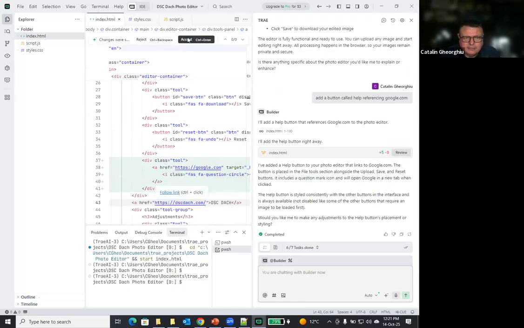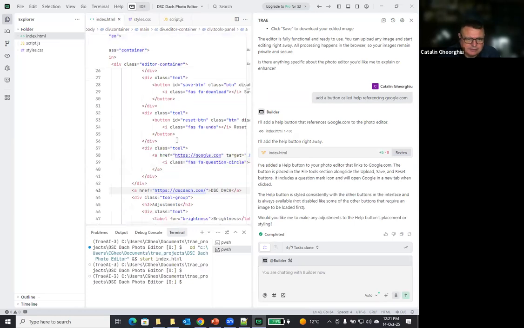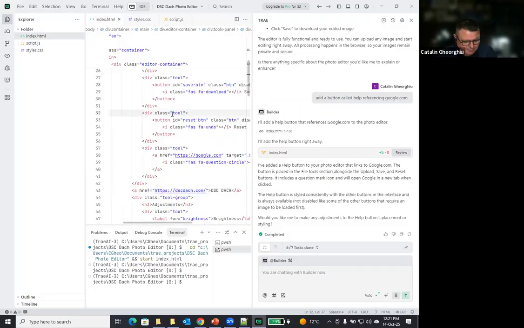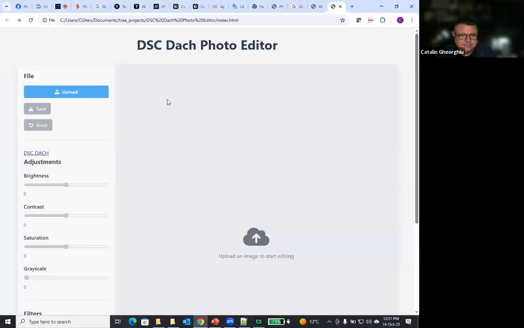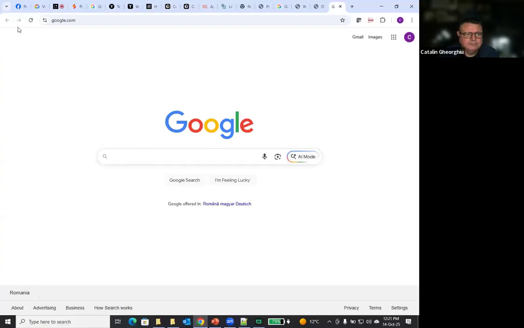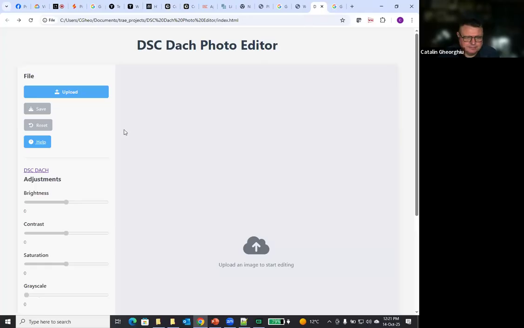And we still have our modification. And we accept it. And this most probably saves it. This I'm not absolutely sure. And let's see what's going to happen. So we have also the help button.